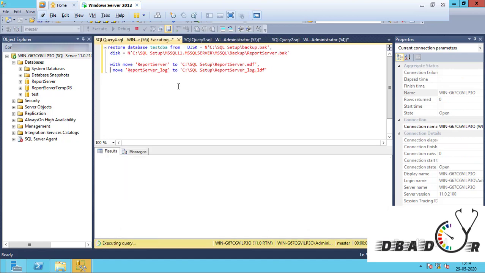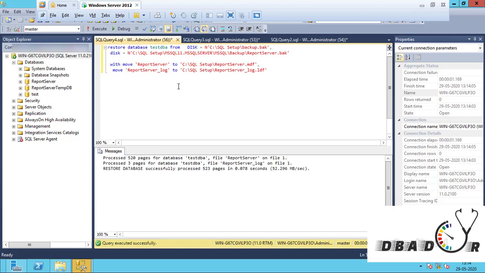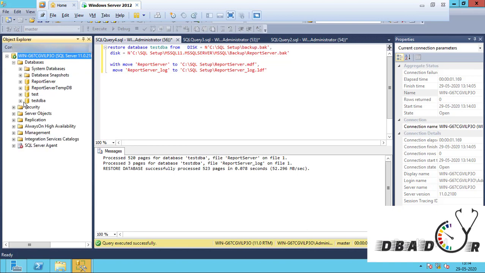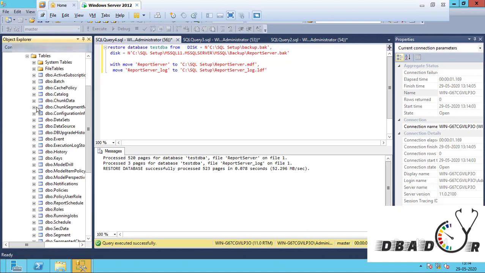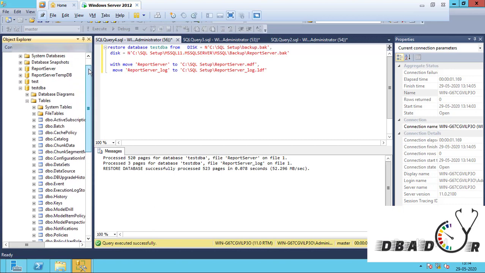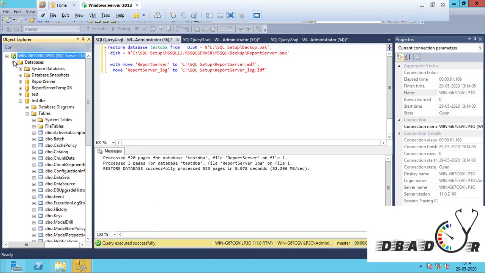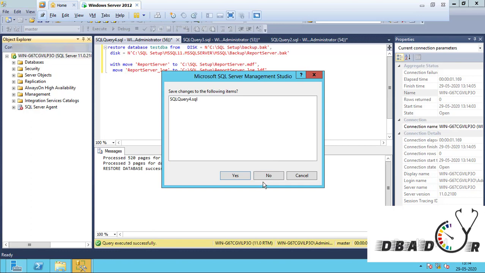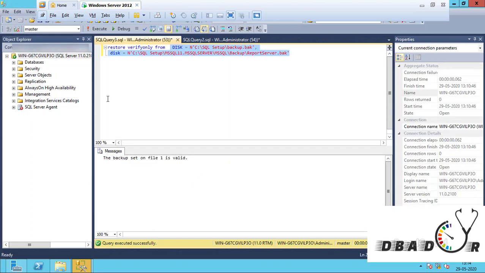Okay, and yeah, backup is restored. So in this video we have covered backup as well as the restoration model. You can see here restoration is already done. So we have covered till now backup from GUI as well as command prompt. So let me move on to scheduling a backup.